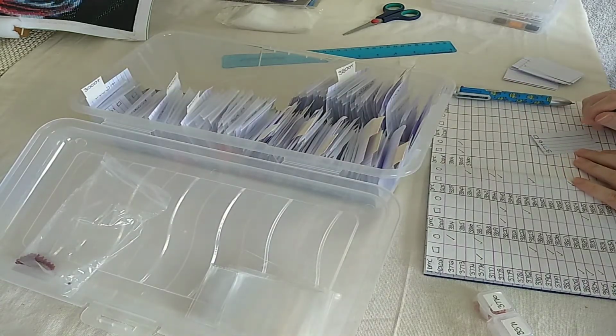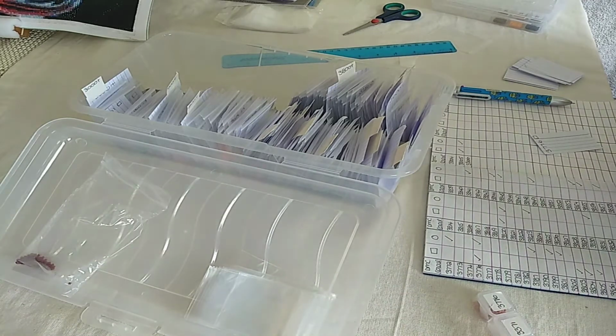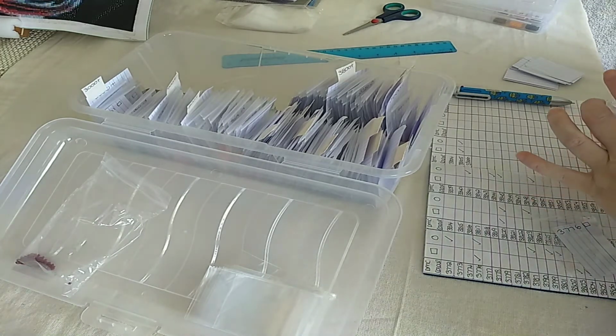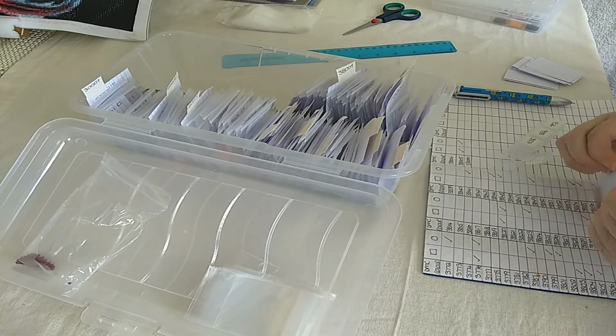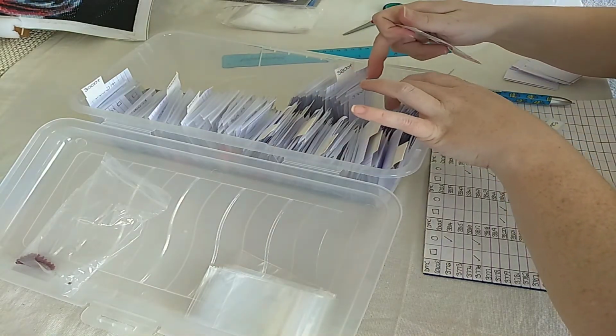Now, the hardest part about this was trying to find, because I don't have a book like them colour chart books that everyone else has. I don't have one, and they're just a little bit too expensive for me to purchase. So I tried to go online and look for just a full list of DMC codes. Don't get me wrong, I found quite a few. 3776. The problem being,